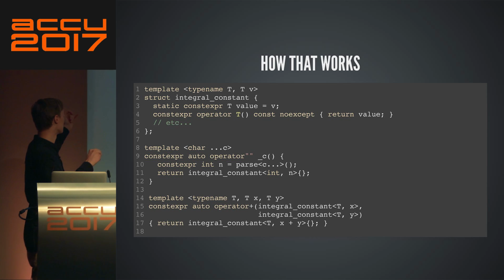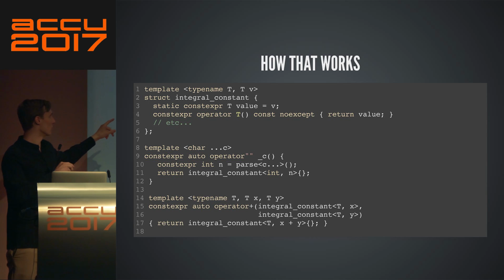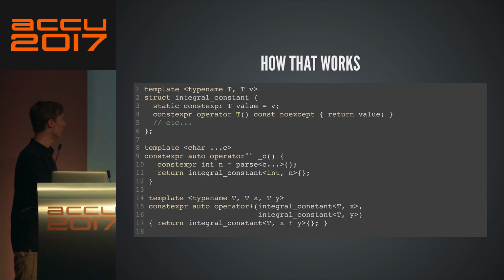So focus on, let's say, lines 8 to 12 for now. We write a user-defined literal, which, given a sequence of characters that represent your integer, 1, 2, 3, 4, 5 for example, parses this sequence of characters into an actual number. You just start with 0, assume that you're in base 10, and add all the digits with the right power, and it's pretty easy to do.